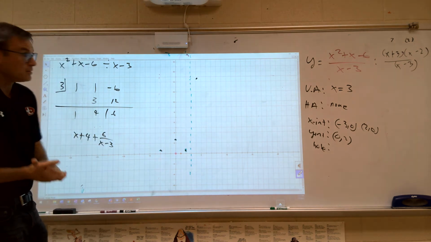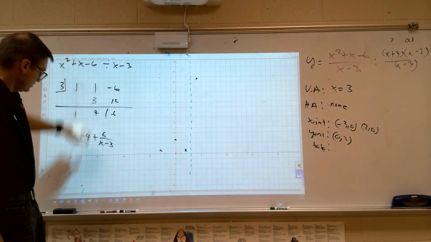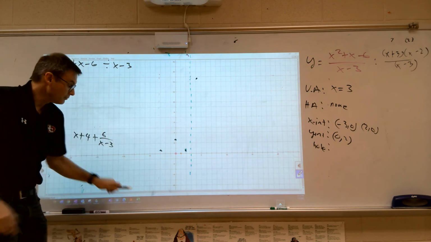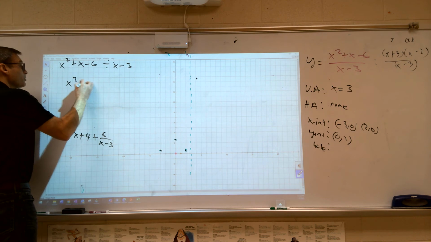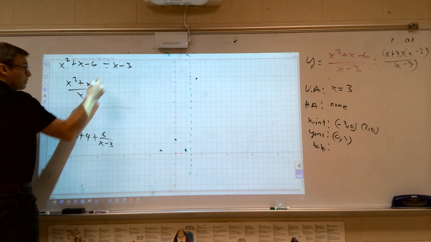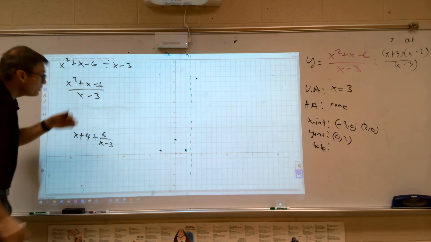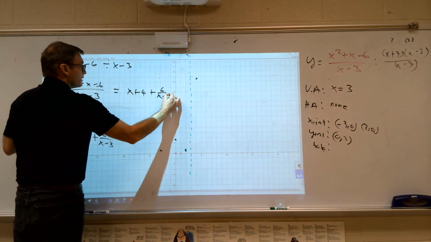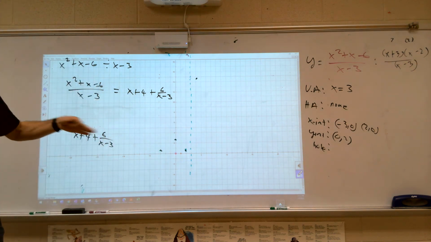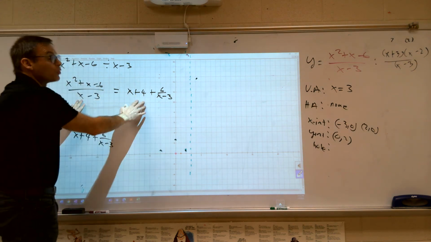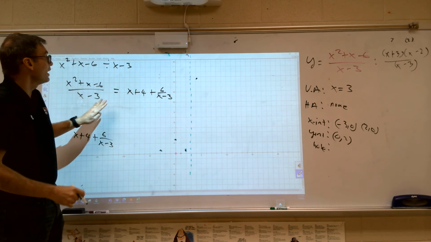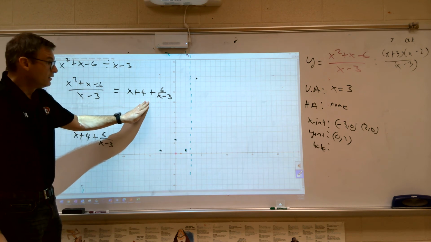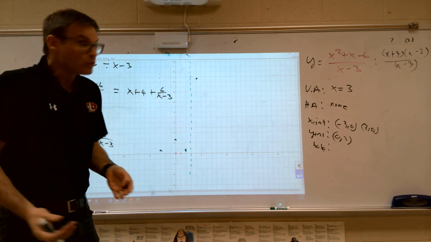The first thing is this division problem is the exact same thing as x squared plus x minus 6 over x minus 3. I mean, that's what this means. And when you do the division, you say this equals x plus 4 plus 6 over x minus 3. That's what the synthetic division means. These are equivalent, right? I am changing the way this looks to make it look like this, right? Great. So what does that have to do with anything? Well,